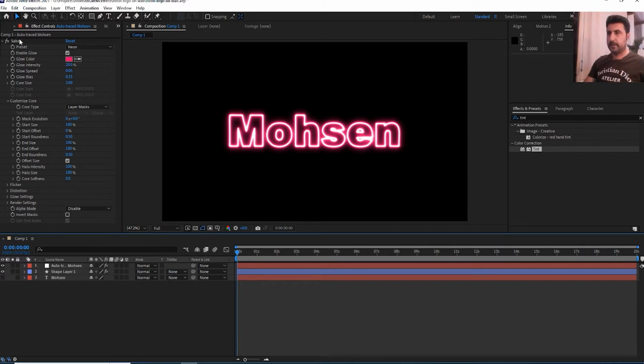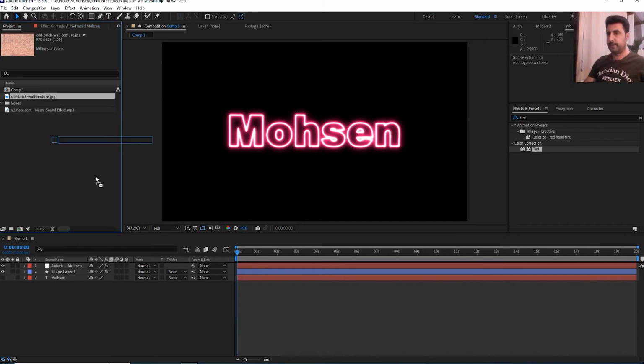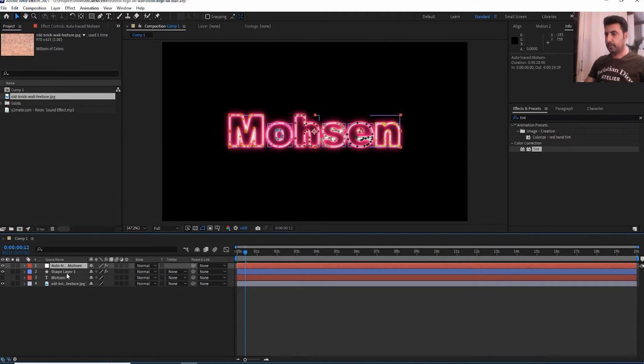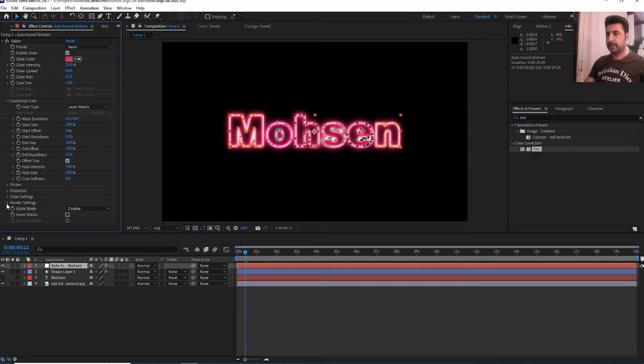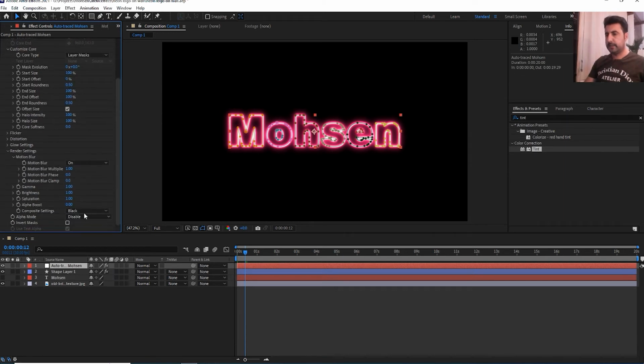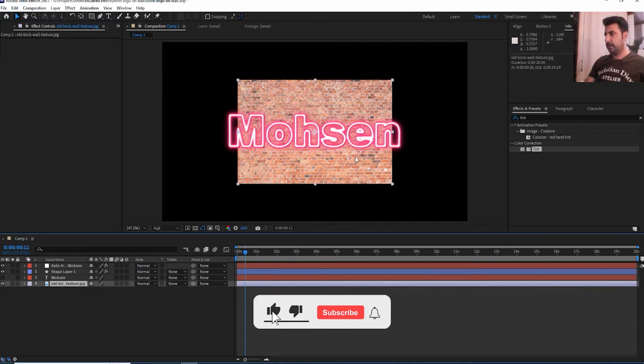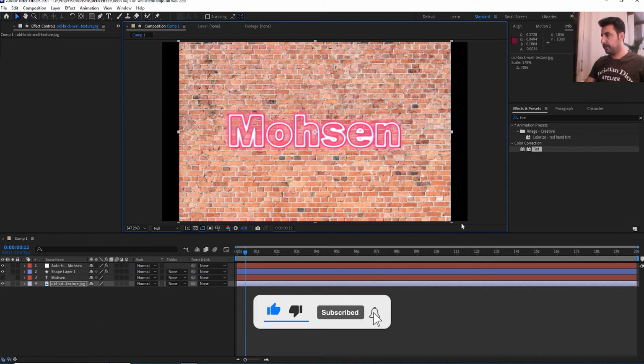Let's make our wall background. Import wall. Go to, for make it transparent, go to saber layer and go to effect control here, render setting, and change black to transparent. Okay, make it bigger,